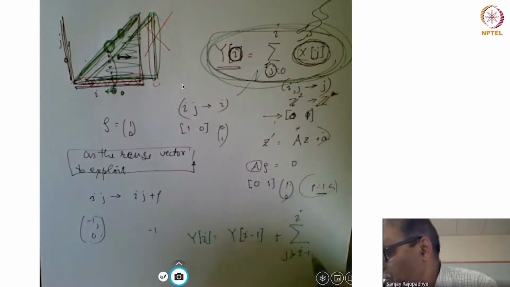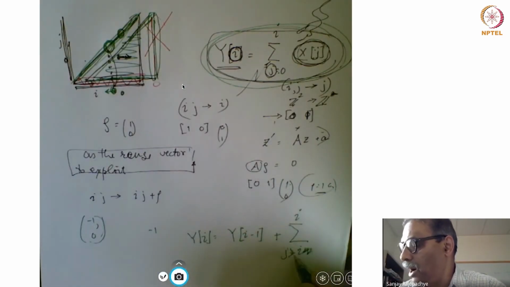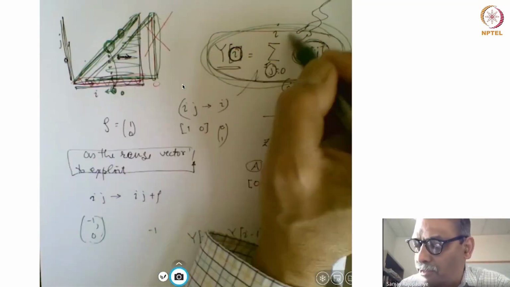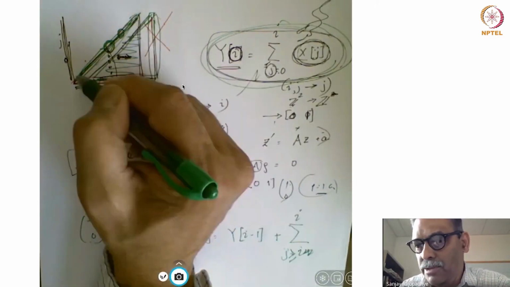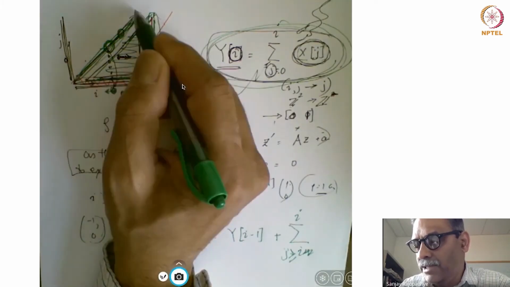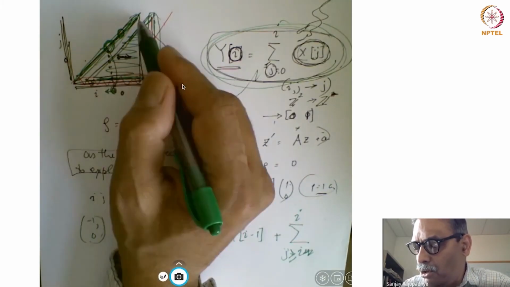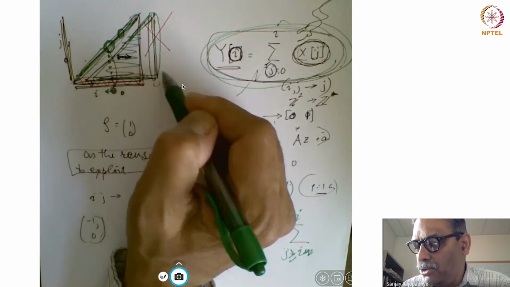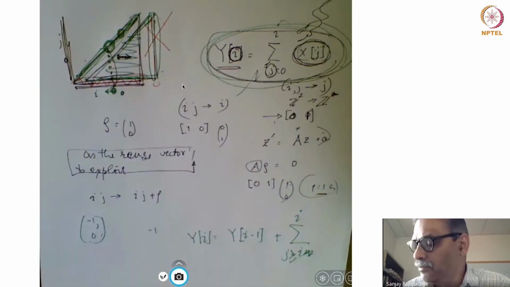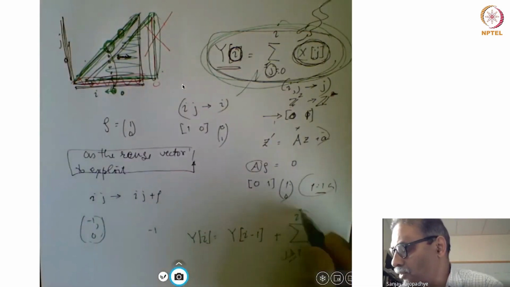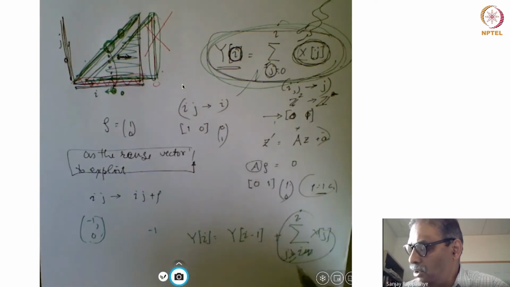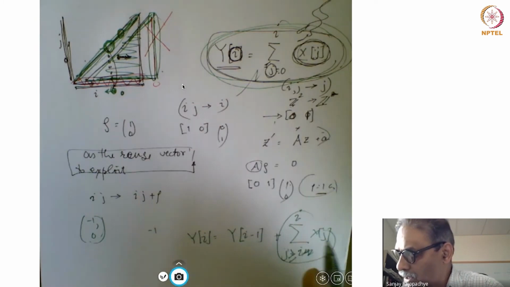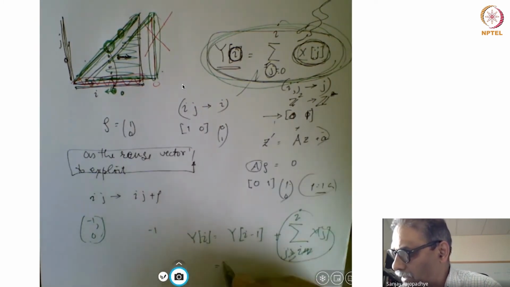Only the last value is left. Remember, I have this facet, which is the difference between the original domain and the shifted domain. So there is only one line that is left. And so this sigma goes from j equals i to i of x of j. But there is only one point in this dimension. So this can be simply rewritten as